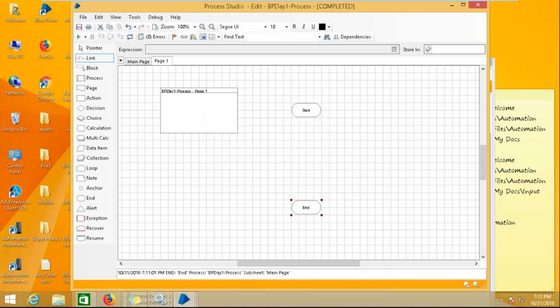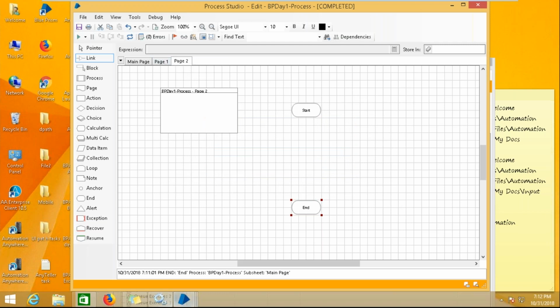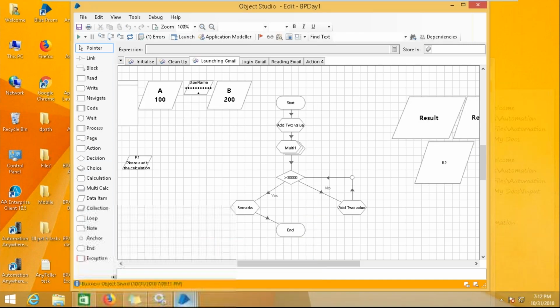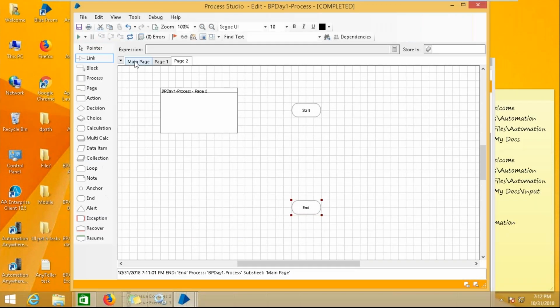Okay, so page one, here also we can create multiple pages, new page. See, this is not showing action. This is page one, page two, and you can go here and you can see this is called action. So in object studio it's called action. Here it is called page one, page two. Now one more point is left, here also I can configure multiple pages, but I have my task in